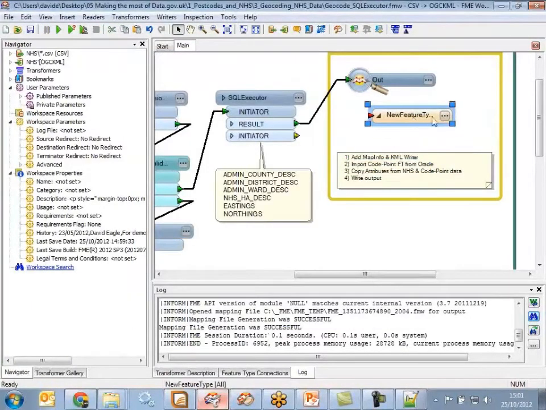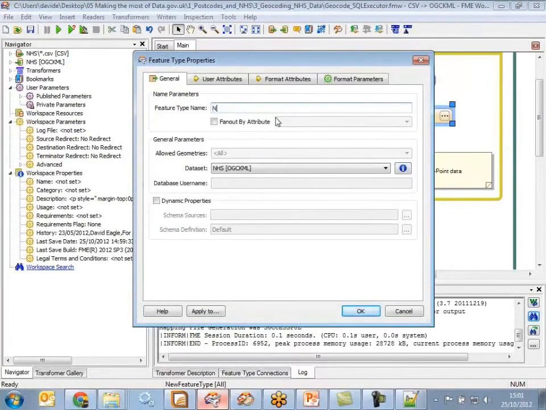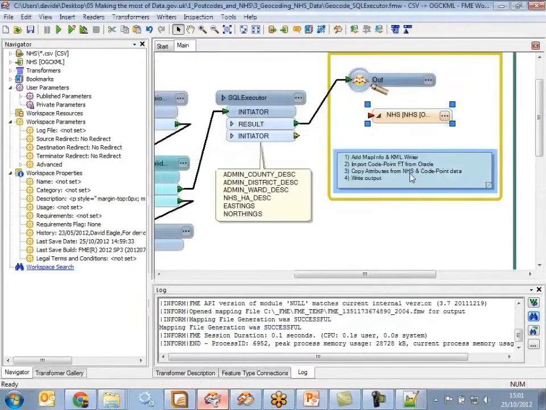Okay, and we can then give that a layer name, so we'll call that NHS as well. Connect that up,